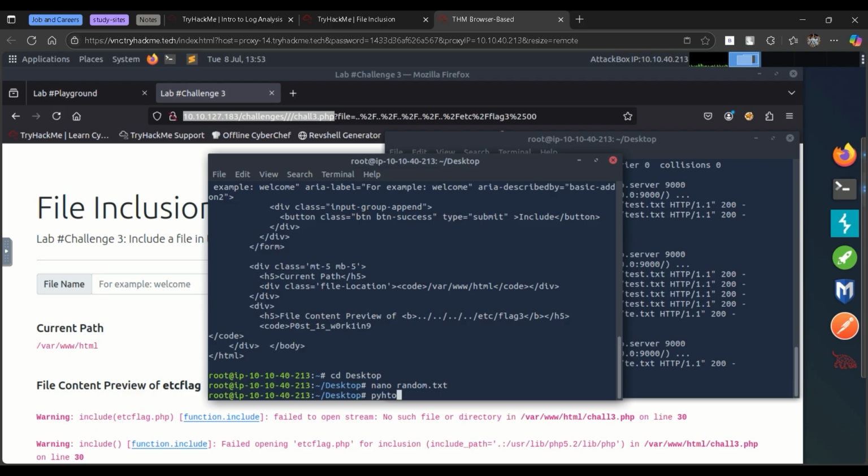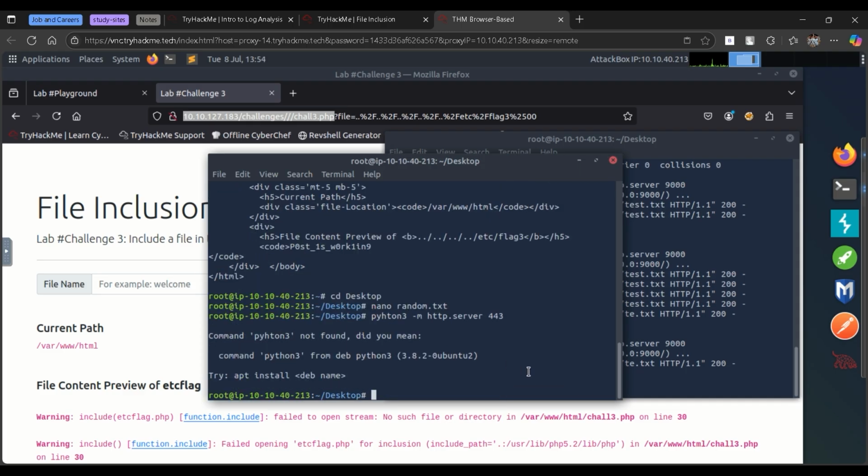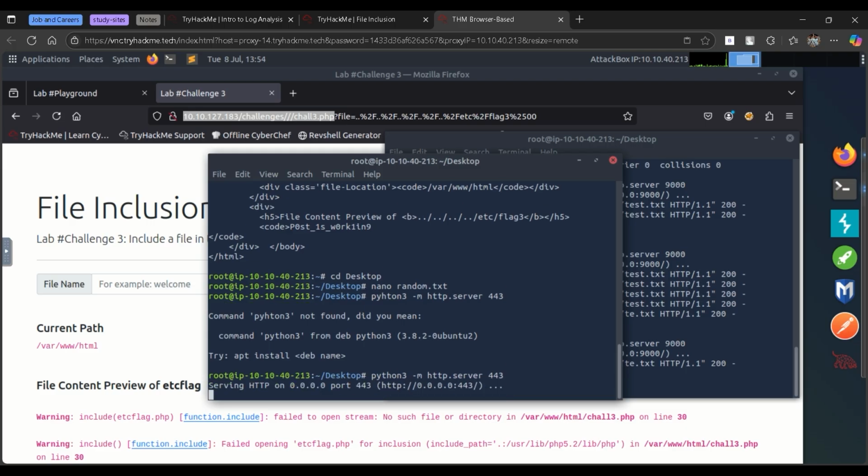Then we will use Python 3 to host our site, http.server, and then we need to specify the port. We can use any ports that are not in use, like 443, 8000, 9000. So let's go with 443 right now, and this should, oh sorry, my bad. Definitely. Okay,